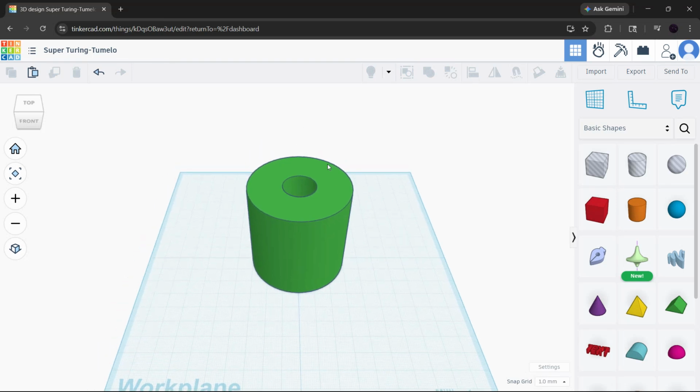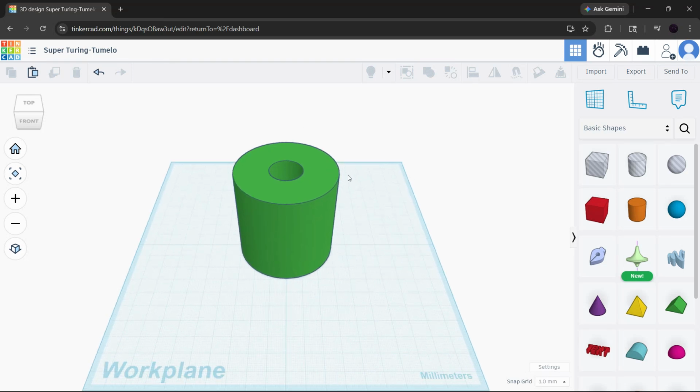If you're trying to remove a hole in Tinkercad, you're in the right place. In this video, I'll show you the easiest ways to delete a hole shape and how to remove a hole even after your objects have already been grouped. This is super useful if you made a mistake, changed your design, or just want to clean up your model